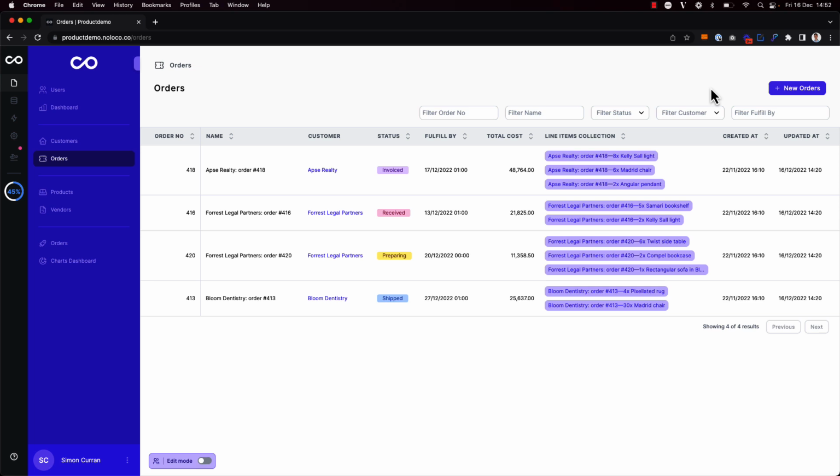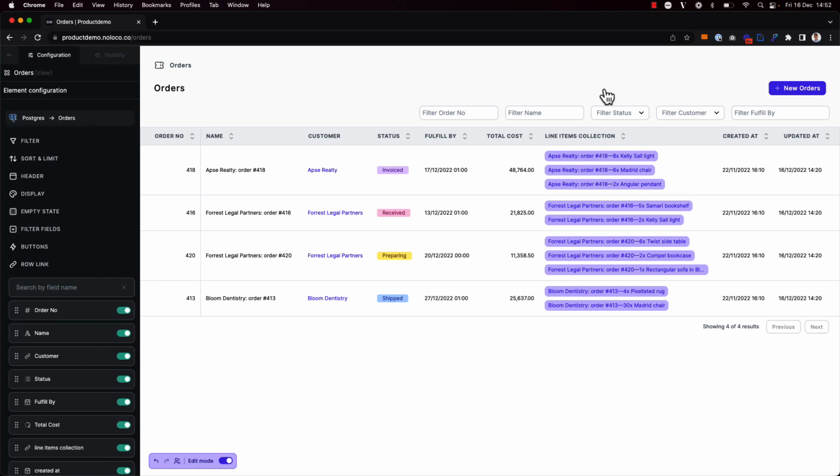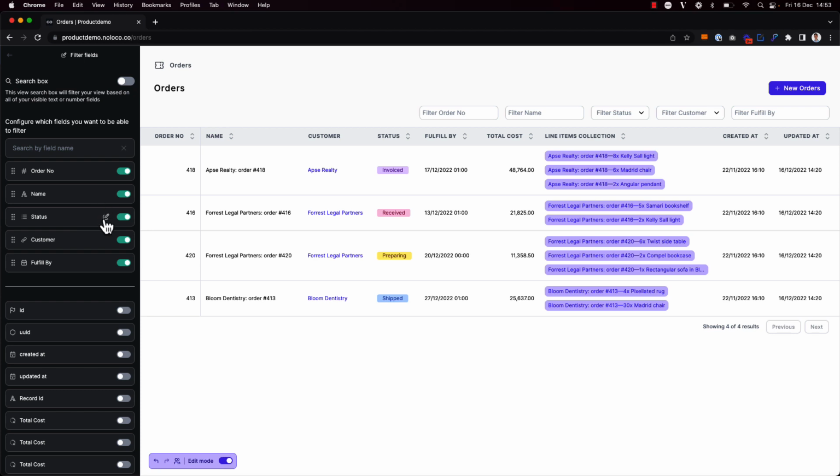Already, these filter fields are going to provide a lot of value to my team, but I can further customize these filters via the app sidebar. So I'm going to toggle on edit mode again. And let's start by customizing the status single option filter here. So if I go to the filter fields again, and I hover over the status field here, I can click